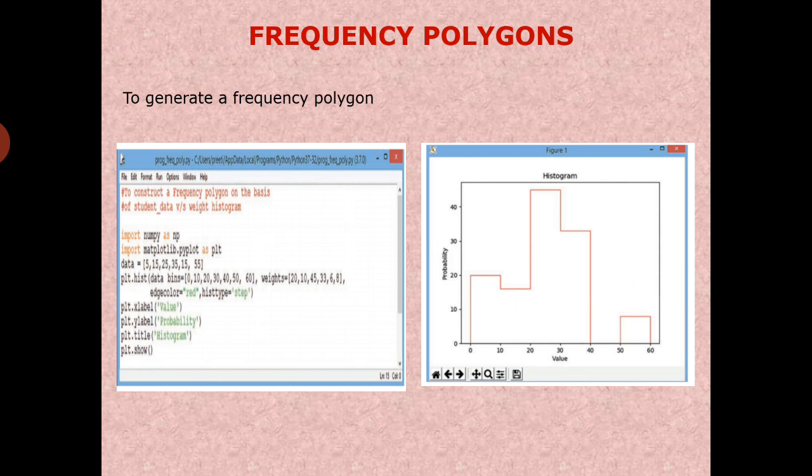The third argument holds the respective weights, with edge color as red and histtype as step. The statement plt.xlabel will display the x-axis label as value. The statement plt.ylabel will display the y-axis label as probability, and the plt.title statement will display the title as histogram. The plt.show method will display the figure.